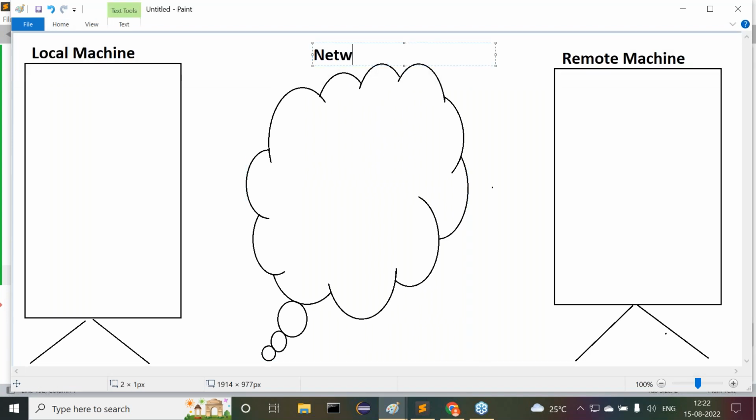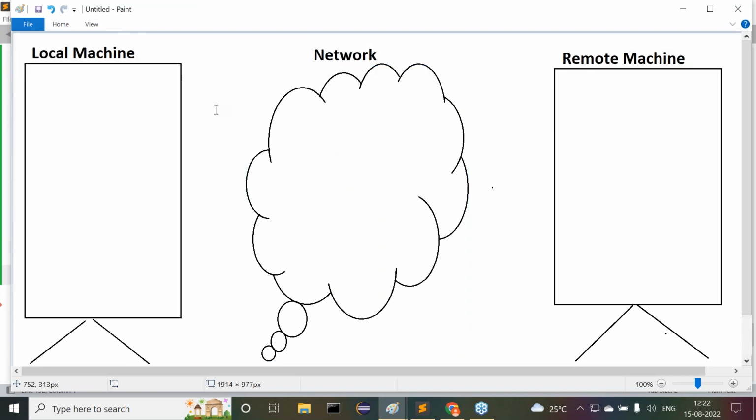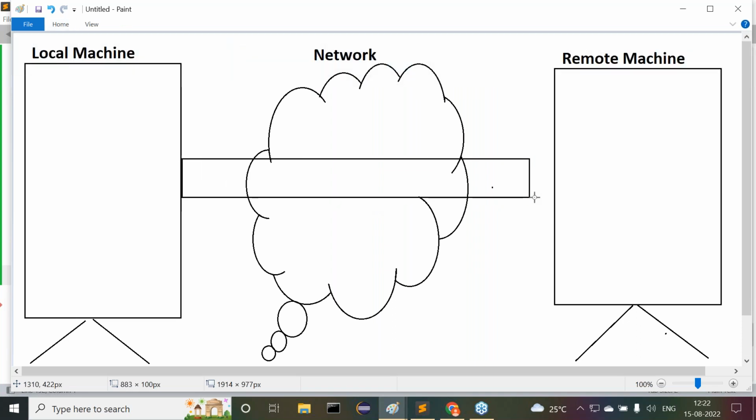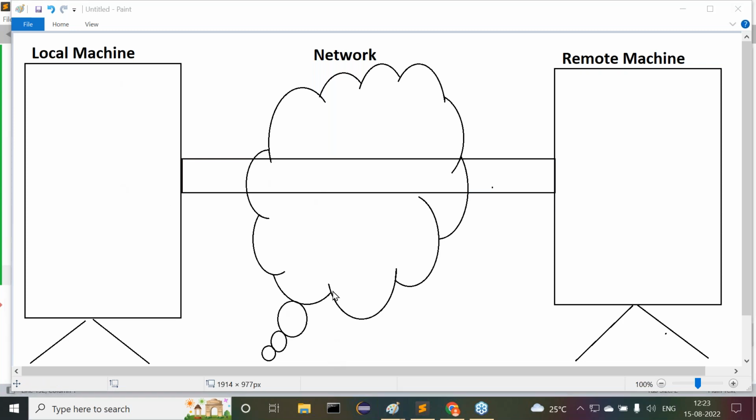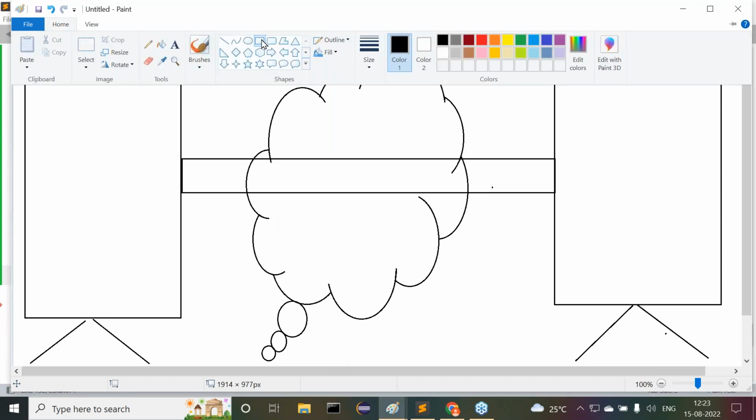This is their network we provided. Between these two machines, along with the network, is a protocol required or not? Protocol is required here. Now this is their protocol. Observe carefully. In the case of distributed applications, the total application logic will be distributed over both